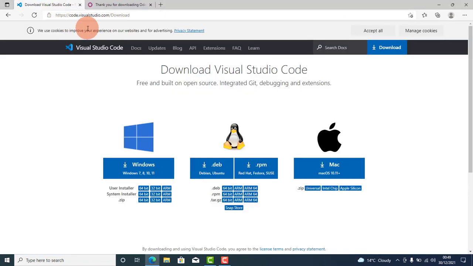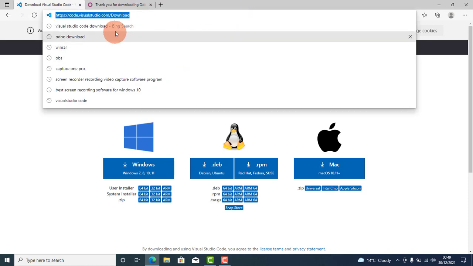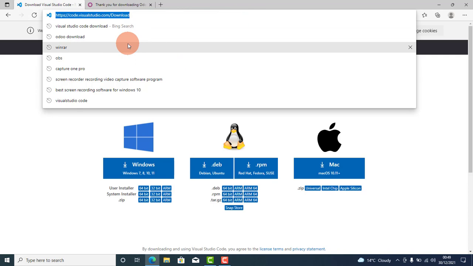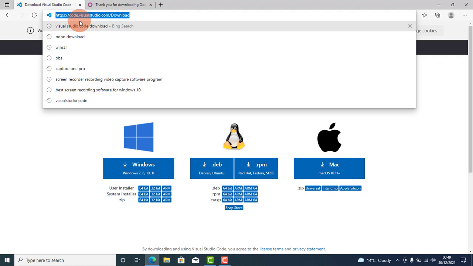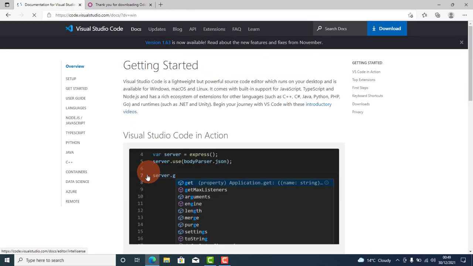So I have just put the address here, so you can have the address here for downloading Visual Studio Code. But I will also give all these addresses and one more file which you need to copy further. I will just put it in the description. So this is code.visualstudio.com and download. We can click because we need it for Windows. Let's click on Windows,